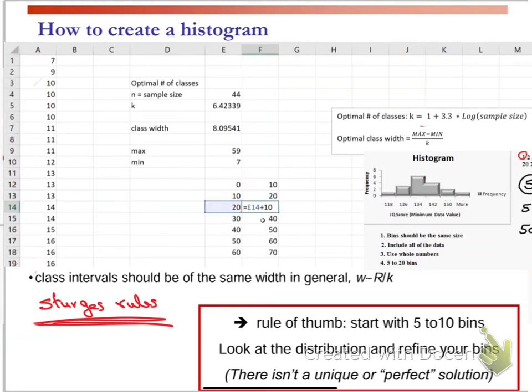So in this example, we will follow Sturges' rule. I just extracted the data. As I mentioned, we have the sample up to 44, but because of the page size, we just printed out up to 19, but it's up to 44. So the sample size is 44. Sturges' rule says that K, the number of bins,